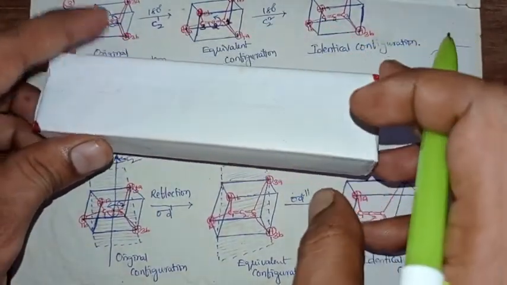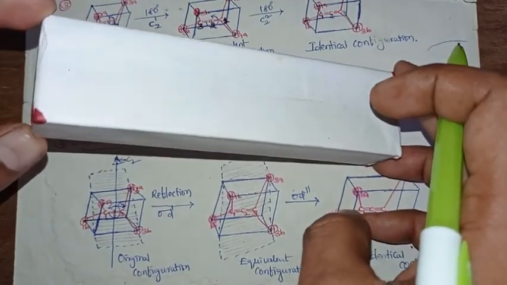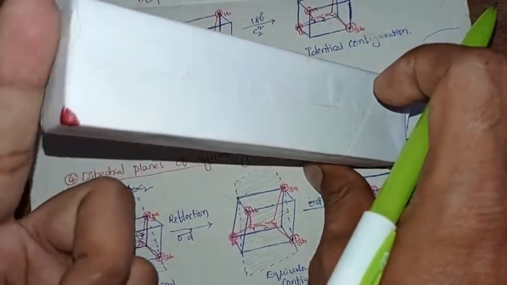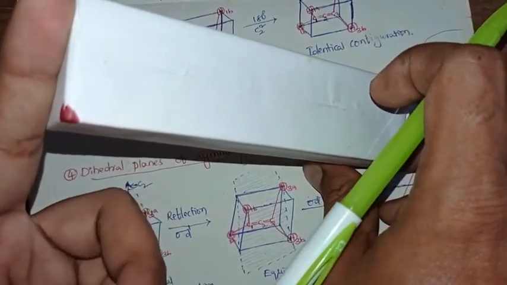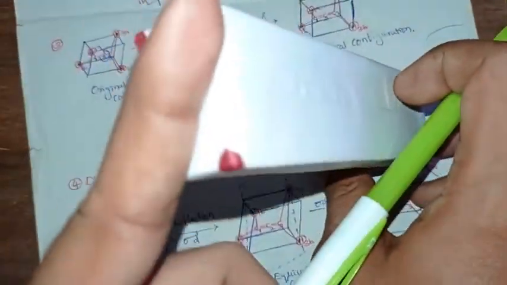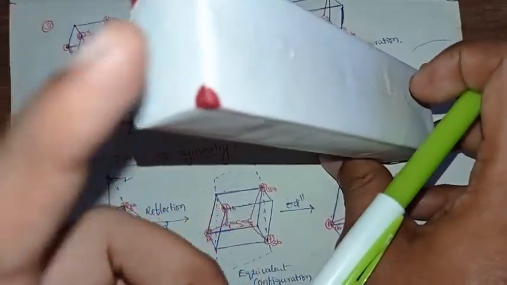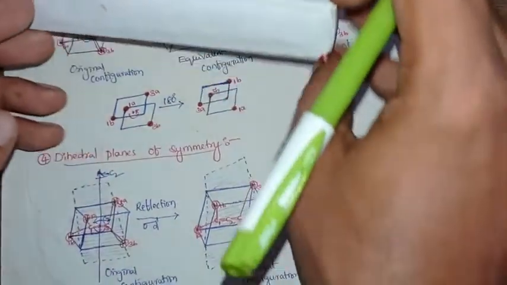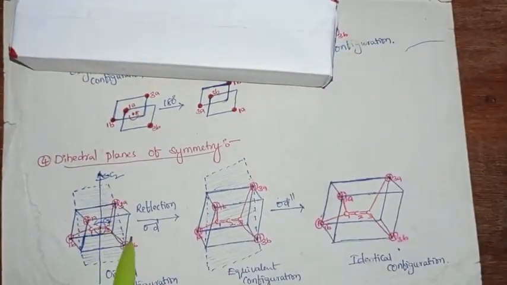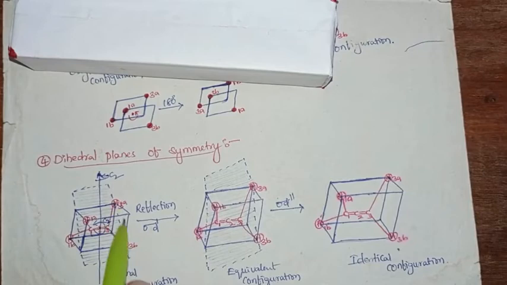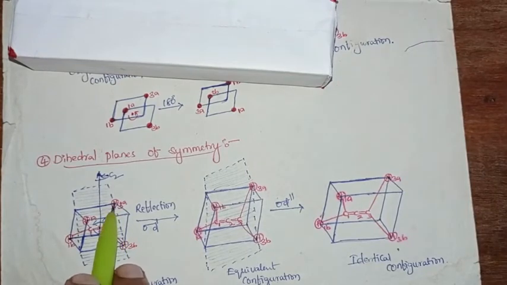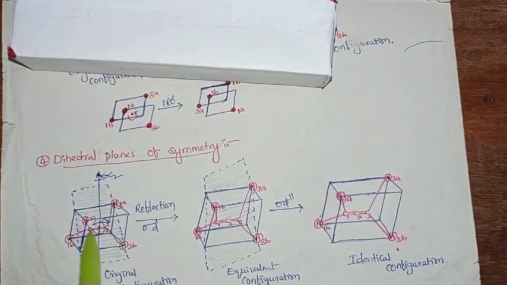So when it reaches this particular face, the face of the plane will become like this, isn't it? So it will be in between these two hydrogens, right? That is what we are projecting when we take the plane, as it is passing through the hydrogens of the third carbon, H3A and H3B. Thus the plane will be in the middle for H1A and H1B.